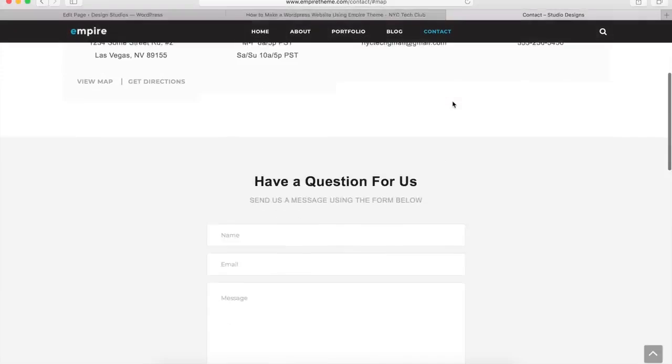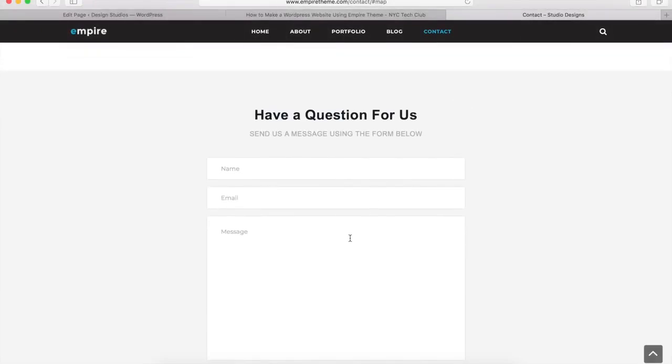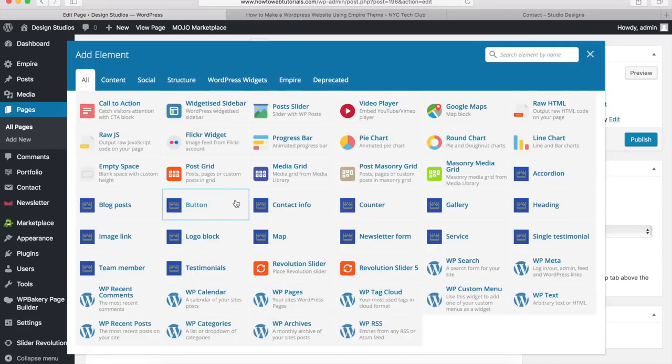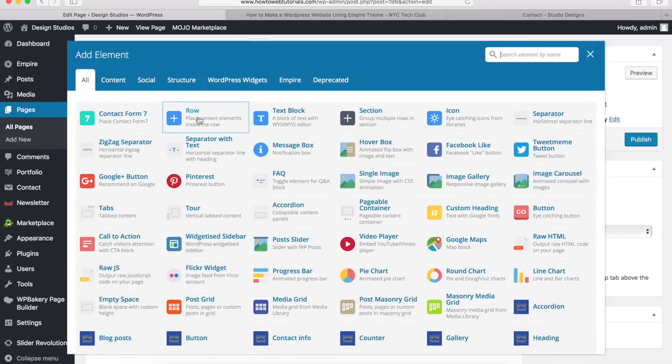So what we're going to do now is add a contact form for your visitors to write you a message if they want to contact you directly. So back on the WordPress website that we're building, we want to add a new row. So click on the big plus button right here and scroll up and find the row element and click on